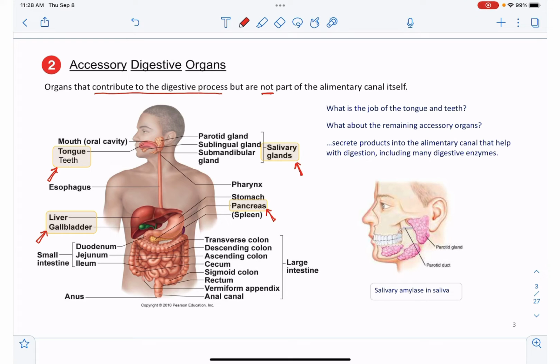The tongue and the teeth are kind of the exception, but when we consider all of the other remaining accessory digestive organs, the salivary glands, liver, gallbladder, and pancreas, they all have a common theme, a common function. What they have in common is that they all lie outside of the alimentary canal. And they're all going to produce digestive secretions, and then secrete those products into the alimentary canal. And those secretions are going to help with digestive processes. So for instance,